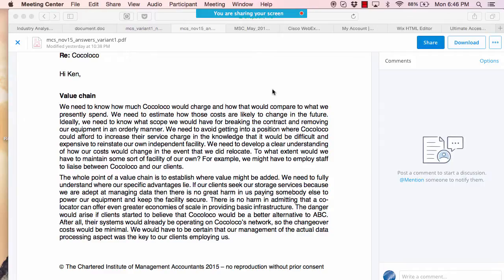Puneet, what about your answer? I was just assuming they are looking for the value chain and what information we need to share, which links to which department, or an entirely different line altogether. Right, yeah. Here the danger would arise if clients started to believe that Coloco would be a better alternative to ABC, right? So anyway,